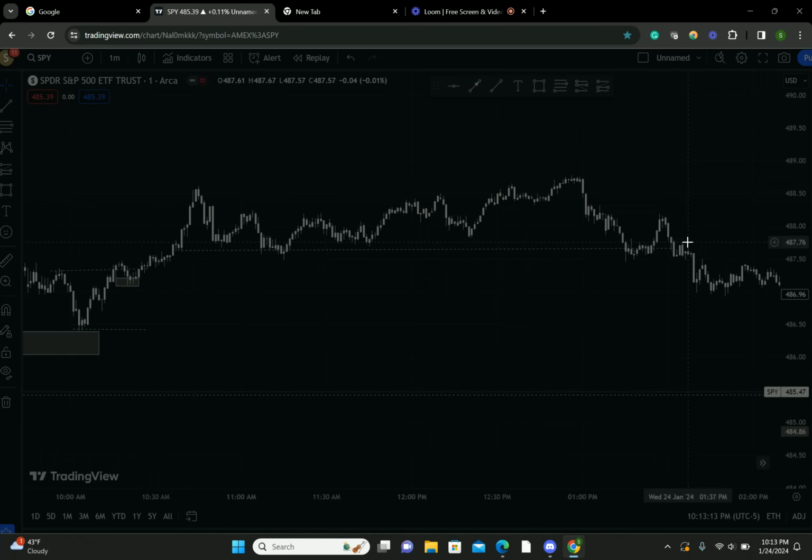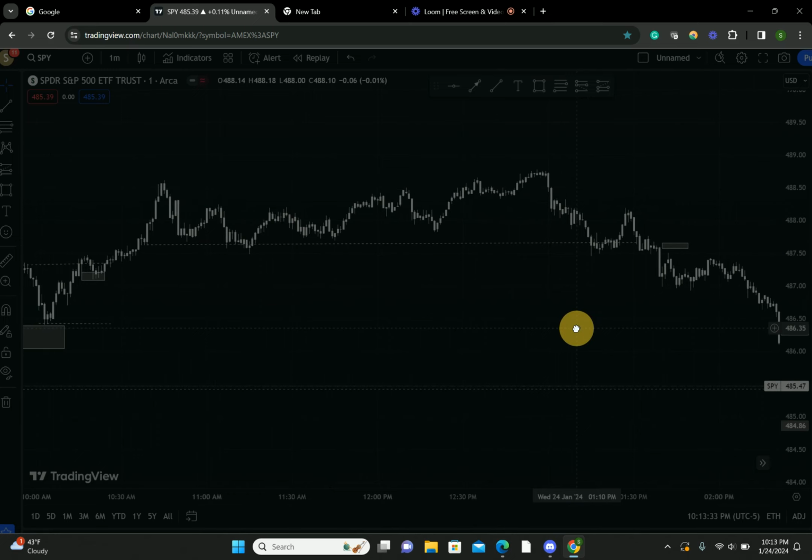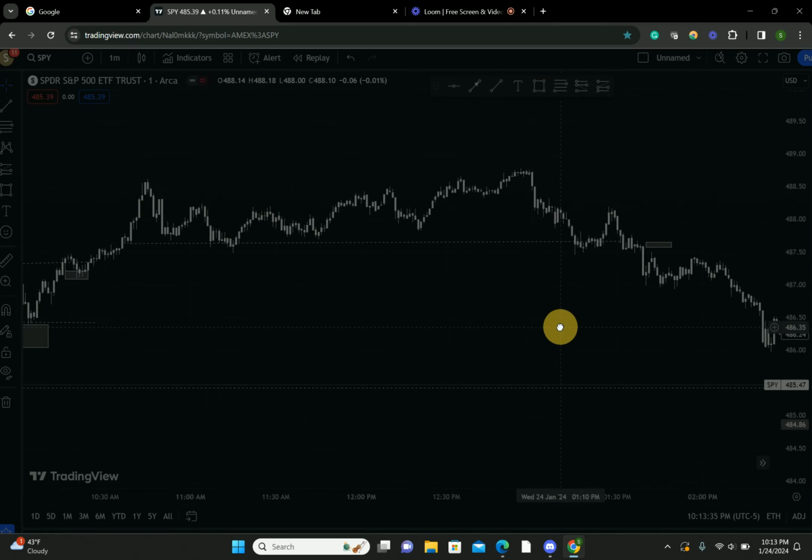Like we're trying to be honest. We're not trying to be cherry pickers and say, yeah, I would have gotten in here or here. No, let's try to be realistic. Okay, so we've seen price come to under here and make a move back up, and then it closed back down over here. So I would look to try this over here, and then I would look to see what happened, and probably take a trade right there. Right, that's a safe entry.